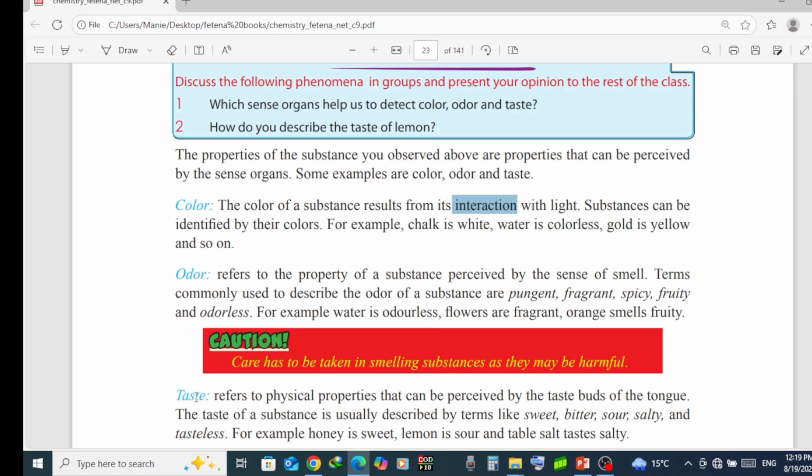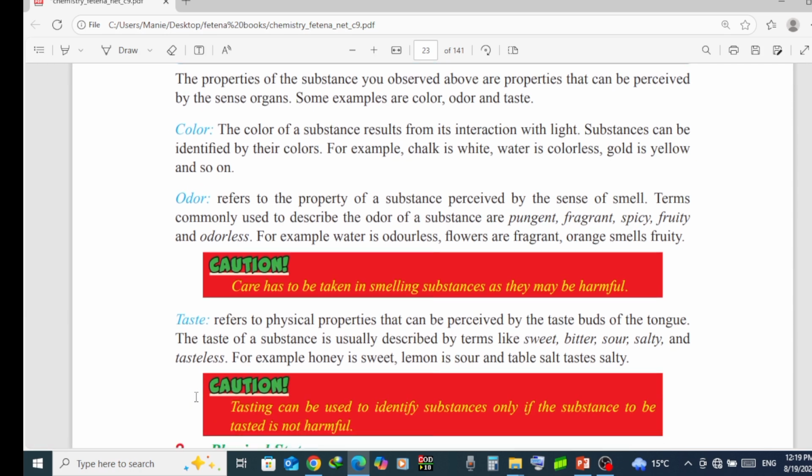Now let's pass to taste. ወደ ቴስት ደግሞ እንምጣ። Taste refers to physical properties that can be perceived by the taste buds of the tongue. The taste of a substance is usually detected by terms like sweet,